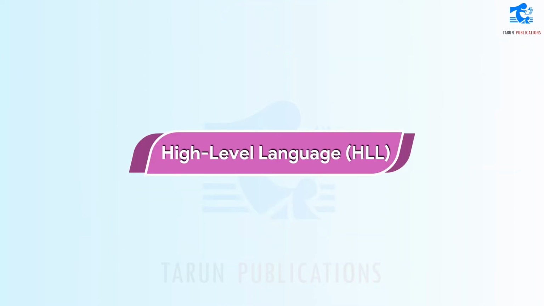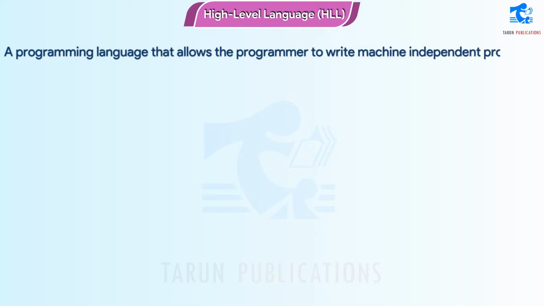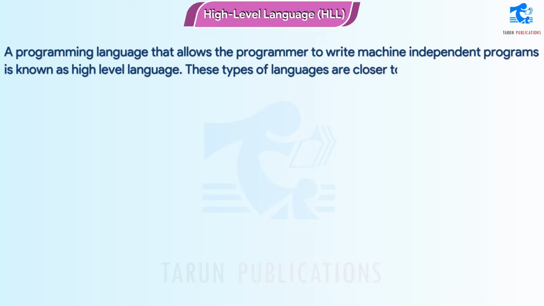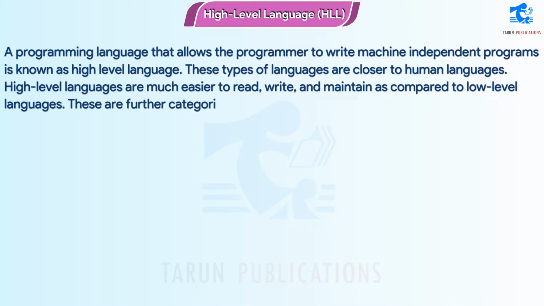High-level language, HLL. A programming language that allows the programmer to write machine-independent programs is known as high-level language. These types of languages are closer to human languages. High-level languages are much easier to read, write, and maintain as compared to low-level languages. These are further categorized into